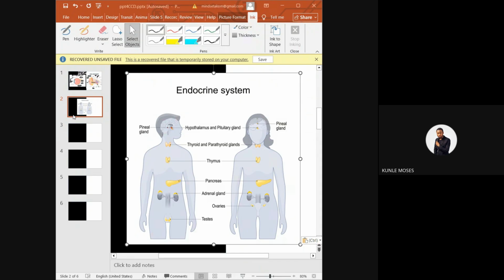Okay, so let's quickly check the endocrine system. You can see this guy here, the hypothalamus. Can somebody remind me the function of the hypothalamus that we talked about when we were talking about the parts of the brain? Suzanne, can you mute your mic? Do you remember? You can't remember. We talked about the cerebellum, medulla oblongata, the hypothalamus when we were talking about body temperature and all. Okay, you guys can go and read that.